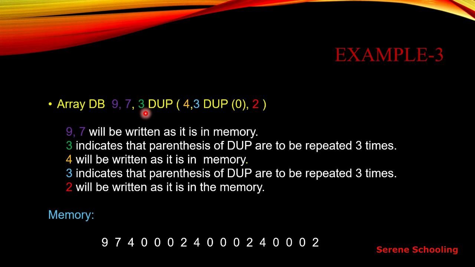And here we can see we have to execute this 3 times. So in the first attempt we can see we have 4 over here. It means I have to write this 4 as it is, like here, and then this 3 again indicates 3 times 0, so I have written 3 times 0 over here. This 2 again is going to be stored as it is over here. So this whole is executed 1 time, but we know we have to execute it 2 times more. So again I have to write 4 as it is, then 3 zeros, then 2. Now again we have to execute it the 3rd time, which means 4 as it is, 000 and 2.